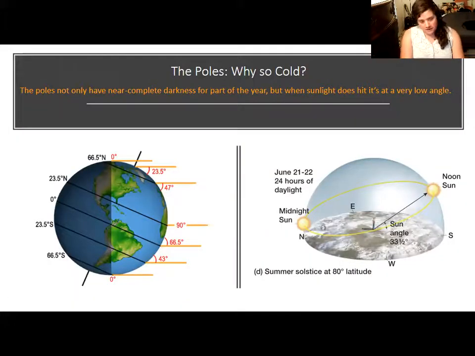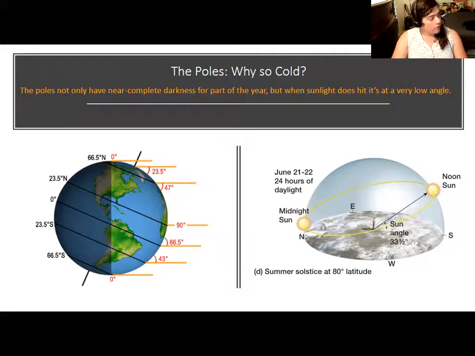I talked about latitude before. Latitude is whether you are north or south from the equator, and we'll talk more about the details of that in this lecture also. But the Earth is tilted on an axis. The Earth is not facing the sun head on. And because of this tilt, the equator gets strong sunlight pretty much all year round. The sunlight is hitting the equator at a direct angle.